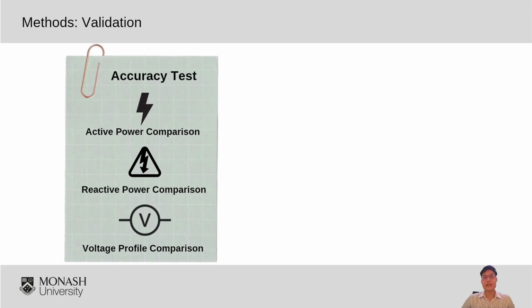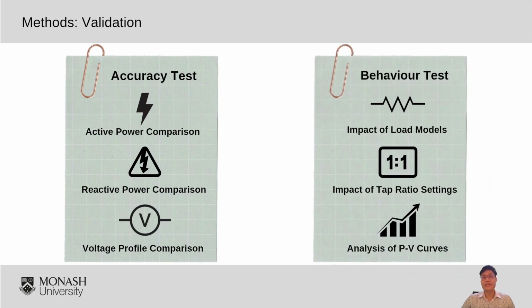First, we have the accuracy test, which focuses on three key comparisons. Active power, which is the power used to do useful work. Reactive power, which helps maintain voltage levels, and the voltage profile, which shows how voltage level varies across the system. Next, there's the behavior test, which focuses on how different factors like load models, tap ratio settings, and PV curves